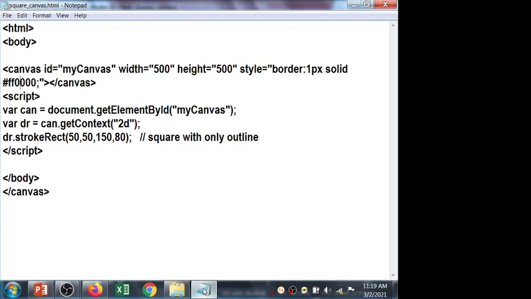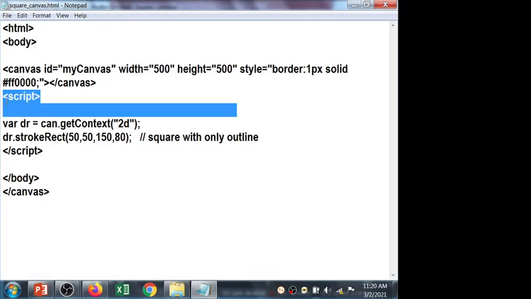The last video I had to stop, and again I'll continue with the same session, which is related to the repetition of the canvas topic of HTML5. Here I am going to discuss how to use the canvas element practically. For that, first of all, I have opened the HTML and body tag, and then you have to open the canvas tag. With the canvas tag, I have declared ID, width, height and the style attribute, right?